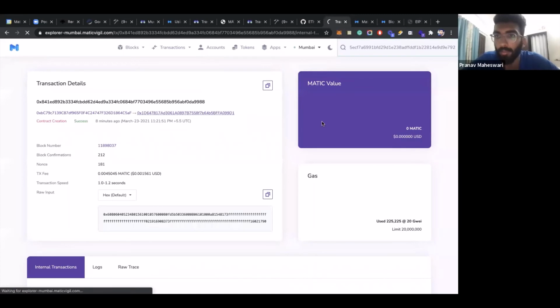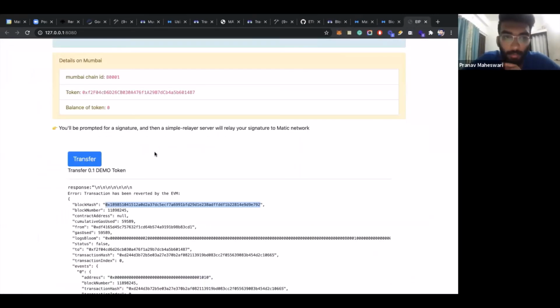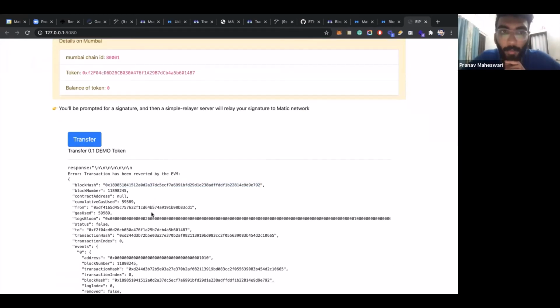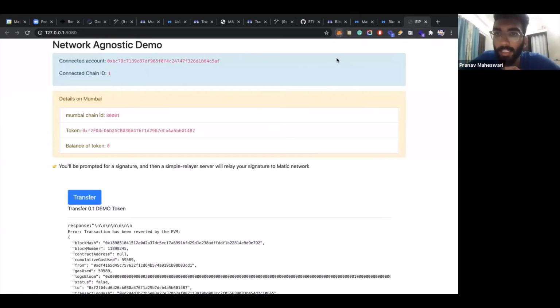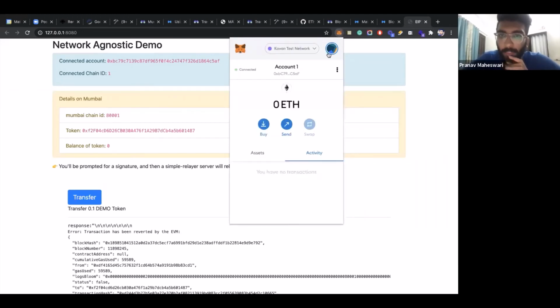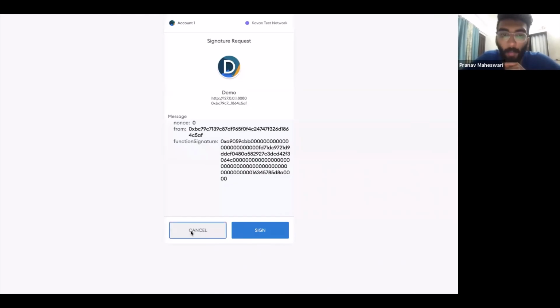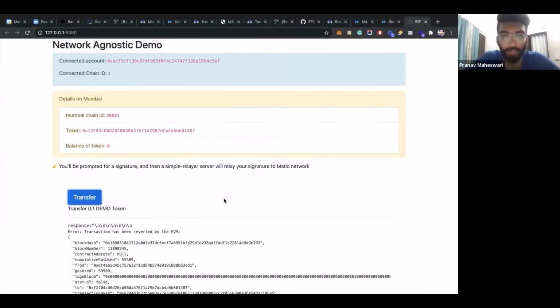Just go here, right? The transaction actually happens and goes through. So this is the beauty of Matic Network, right? It doesn't matter. You can be on Rinkeby, you can be on any other network for that matter, but still the transaction will happen, right? Why? Because you are using the Relayer infrastructure, and the Relayer is actually paying the fees for being on Matic